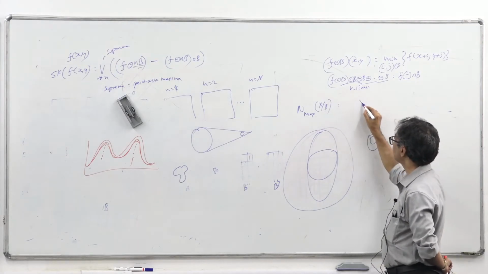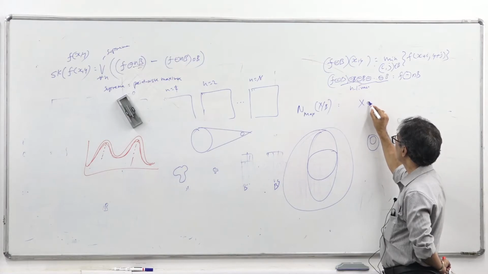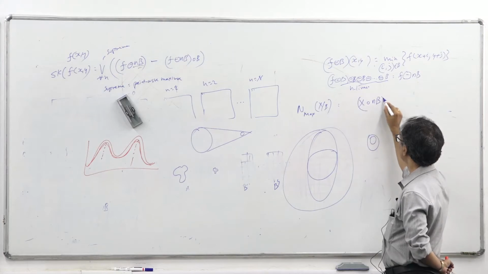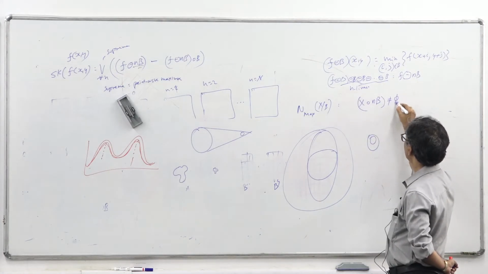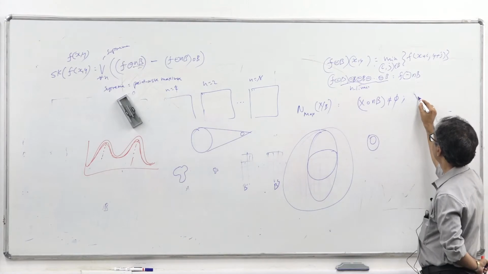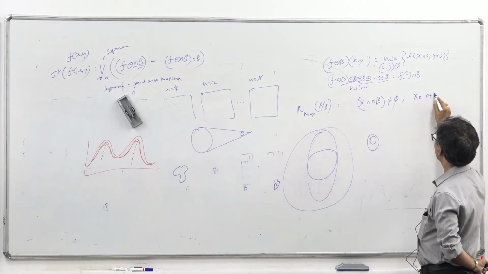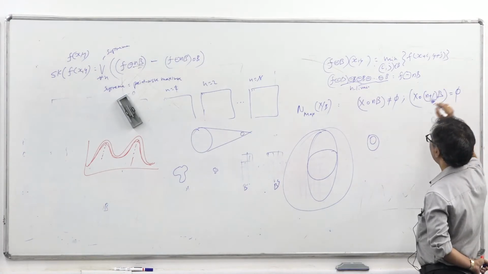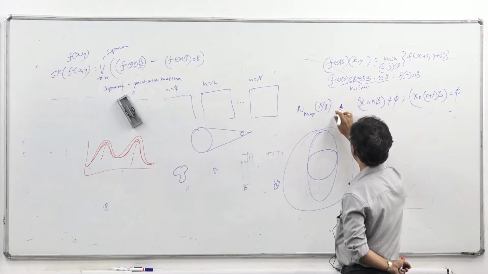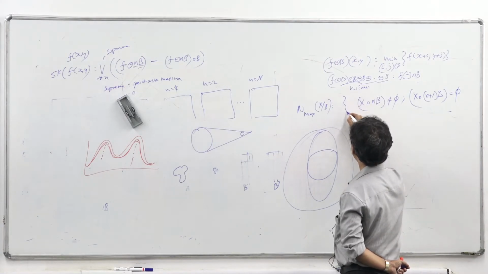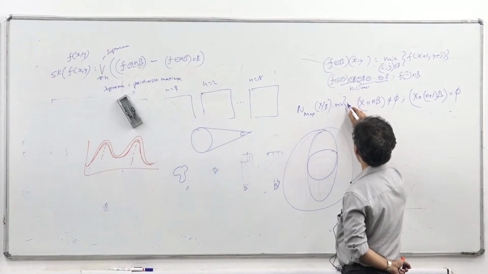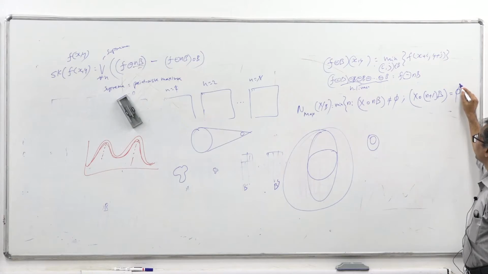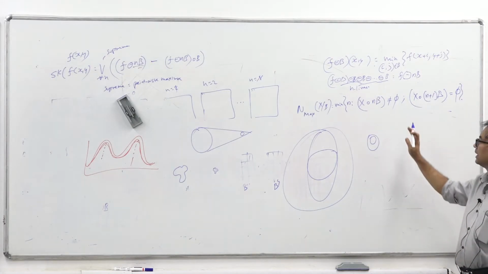And we write that as X opening by nth size B is not equal to the empty set, but X opening by n plus 1 size B is an empty set. Right? Here, the minimum of n such that this is the equation. This would explain to you the size of X